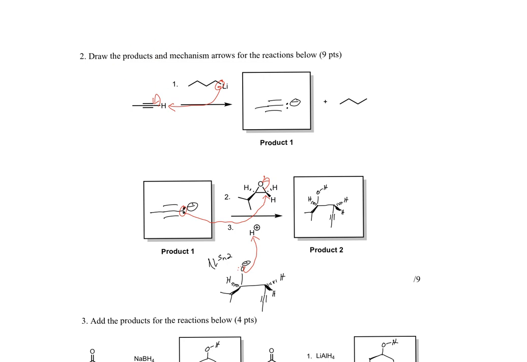All right, so this one, terminal alkyne, organolithium, C minus is going to deprotonate a terminal alkyne to make it C minus with an alkyne. That's product one. Now we're going to introduce it to an epoxide. All right, that epoxide, right? So we got to decide acidic or basic. Carbon with a negative charge. These nucleophiles, if the nucleophile has a negative charge, it's basic conditions, which means we go to the less substituted